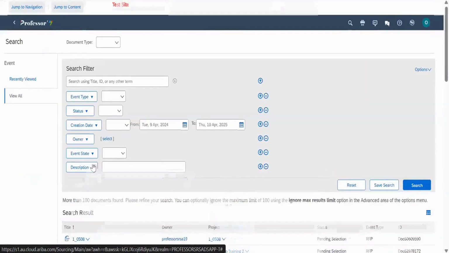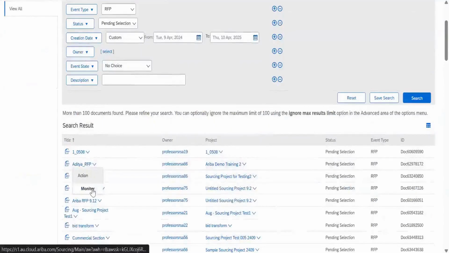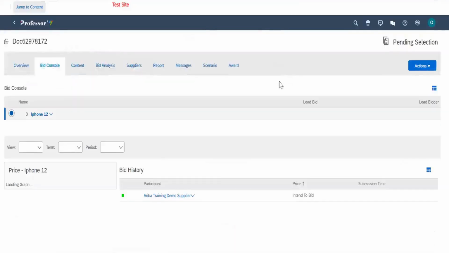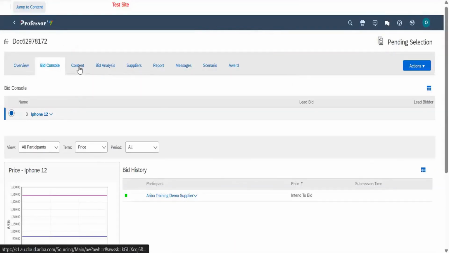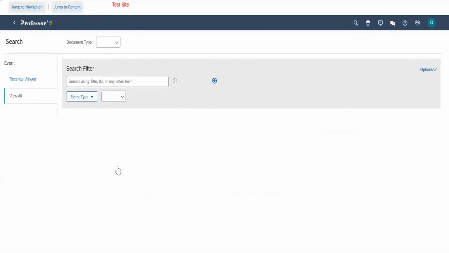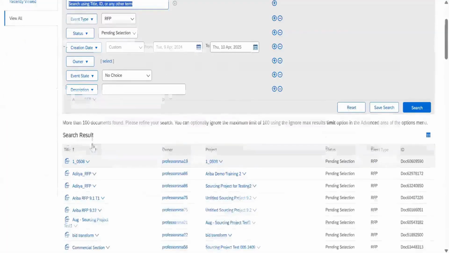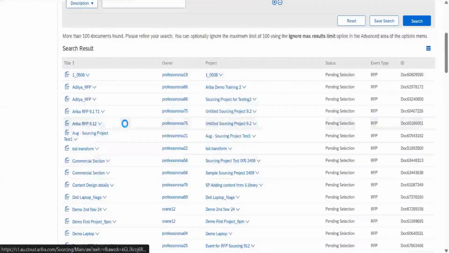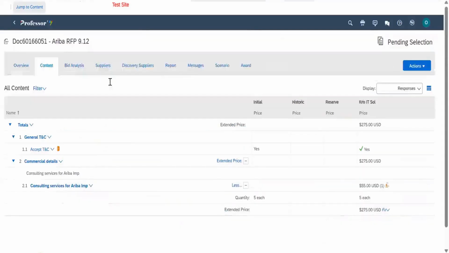Does this require VP approval? The value is very low, so it does not require any VP approval. Based on this, this is a user's question. We can configure this in the contract workspace or sourcing project as well, based on this selection. Inside the contract template, I will have different flows, which we are going to discuss. Anyway, click on Create Now. Your contract workspace will get created. Before that,